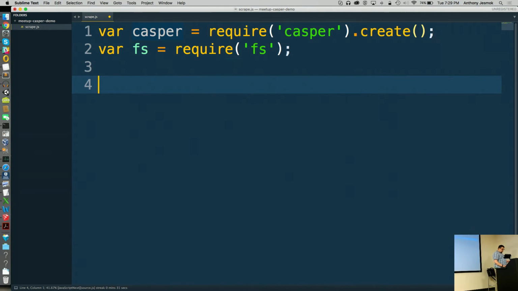So right away at the beginning, I'm declaring and requiring two modules. I'm requiring the CasperJS system, which is requiring Casper, and then we're going to create a new instance of our headless web browser. On the second line, I'm showing off the PhantomJS file system framework. The file system module for PhantomJS allows you to save information you scrape into a file. This is very useful if you're writing an automated web scraper where you need to store something in, say, a JSON file. So let's get started here.